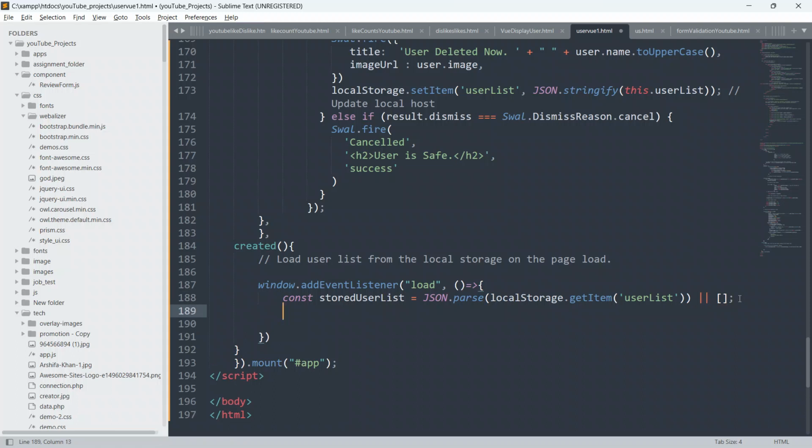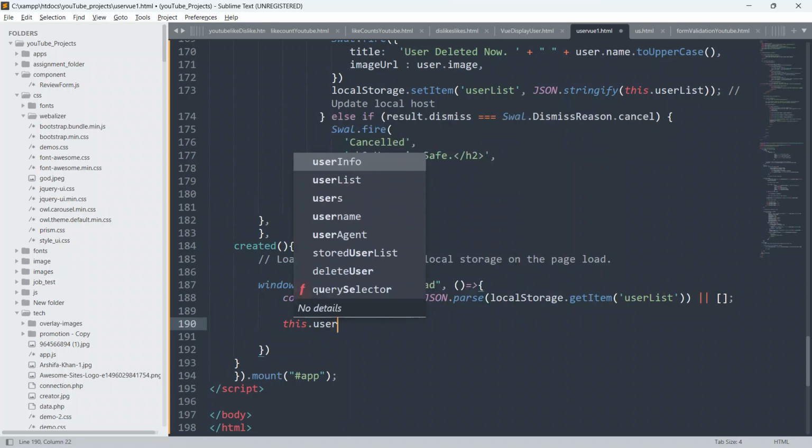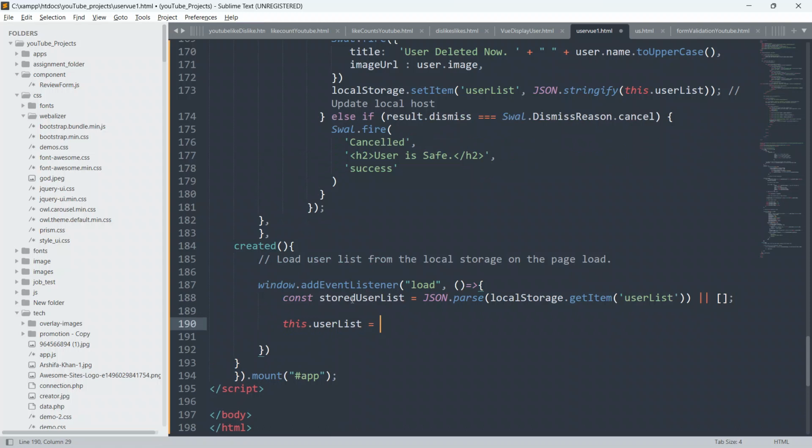And we will say this.userList equal to this stored user list. Close this. Now everything is done.